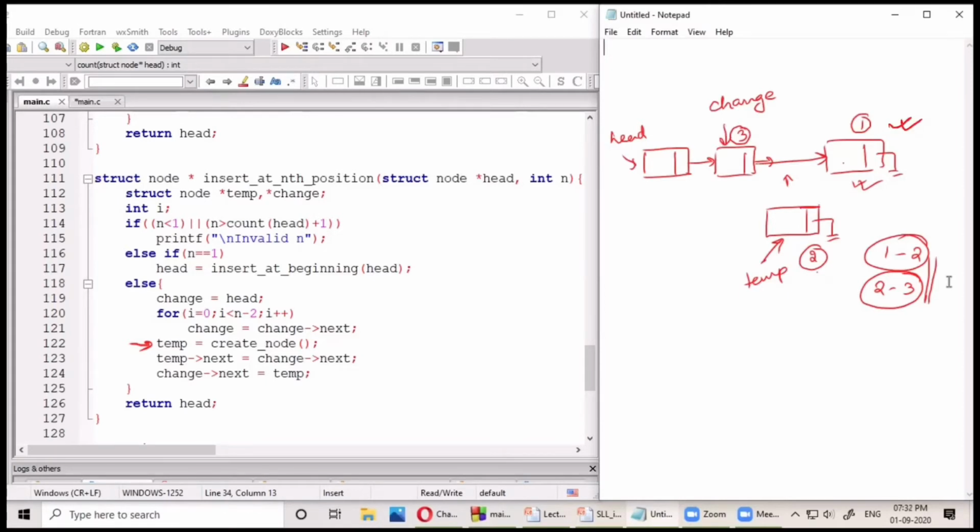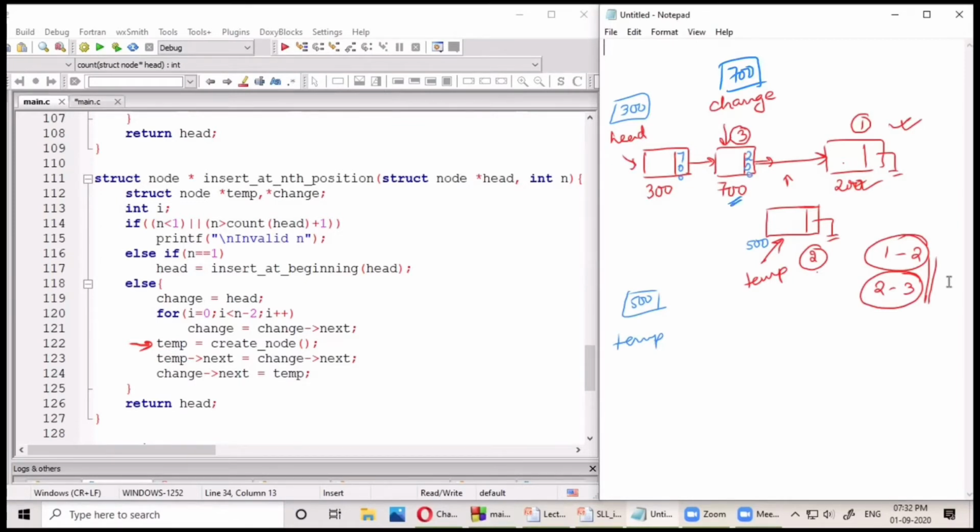So where do we have this address of node number 1? Let us give the addresses. Say this is 300, this is 700, this is 200. If these are the addresses, 700 is stored over here, 200 is stored over here, and null is stored here. Head holds 300 and let the address of this node be 500. This means temp is holding 500. Okay. So what is change holding at this point of time? Change is holding the address 700 because it is pointing to this node.